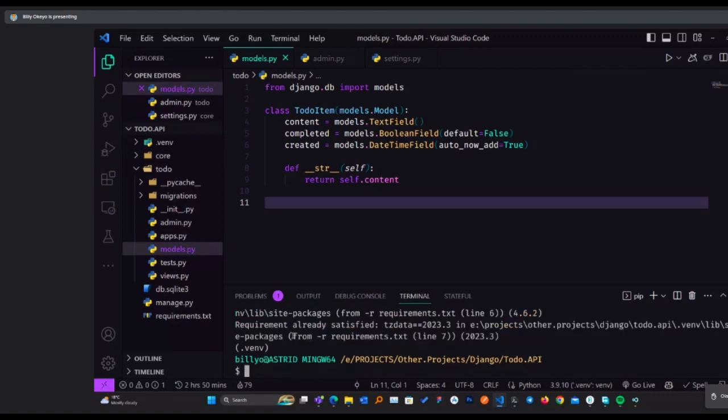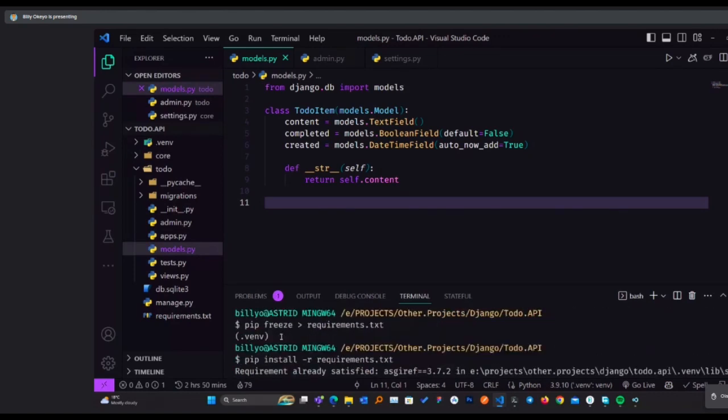Executing this will install all the packages. You can see requirement already satisfied because I have them installed. So running this command will install all the dependencies within the requirements.txt file. That's okay? Yeah, sure, thanks.